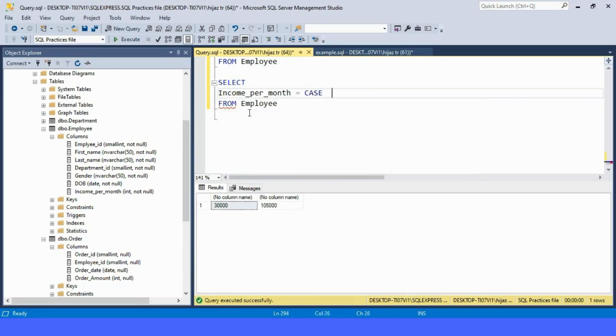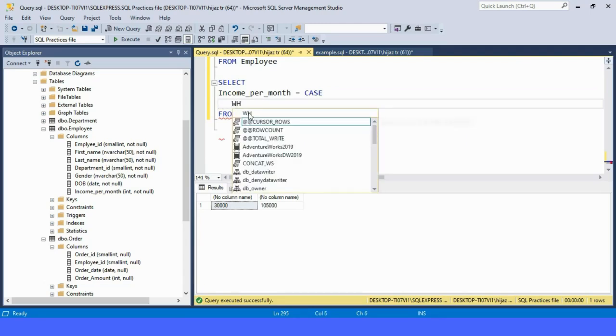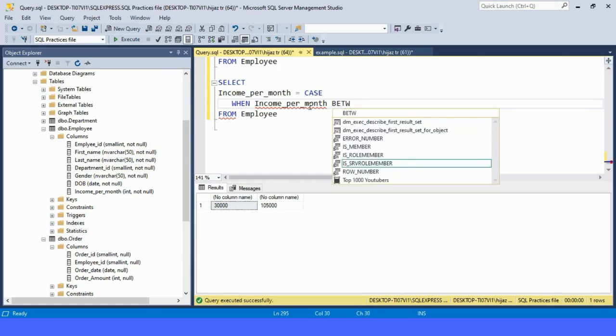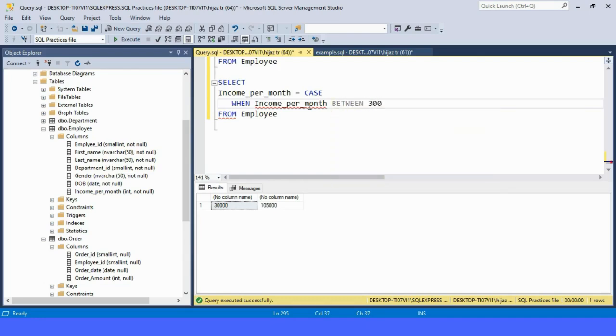I'm using the case statement as income per month is equal to case, and I'm using when our income per month is between, and I want you to choose this between statement from 30,000 to